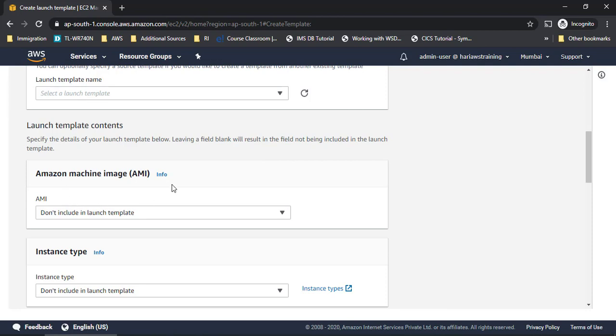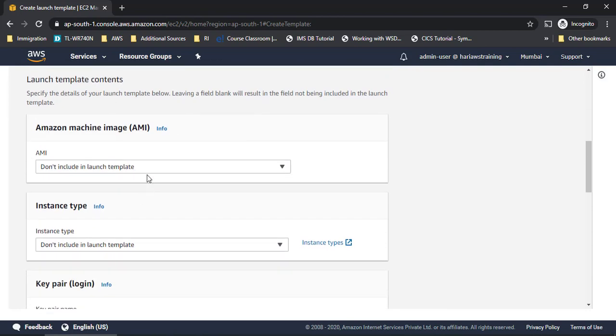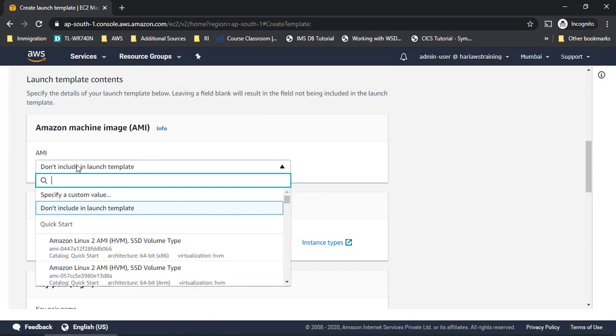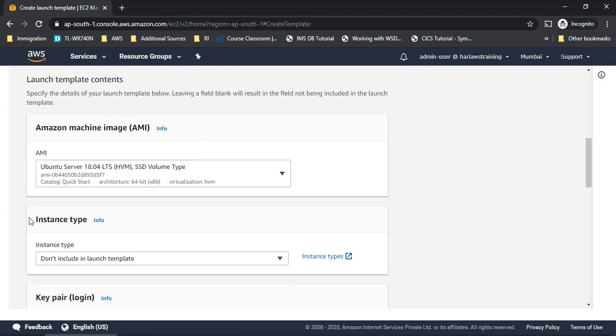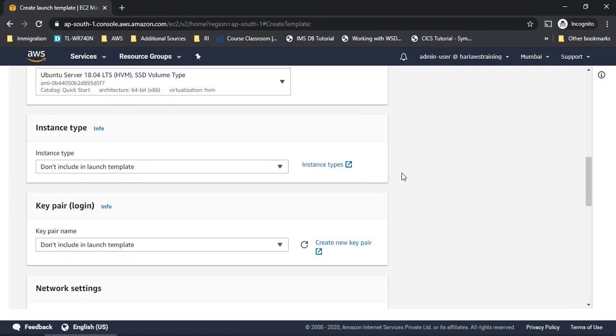This is another concept which we are going to learn soon. For now I'll just select Ubuntu here, because this is the server we selected earlier also. So let me select the same Ubuntu server for now.